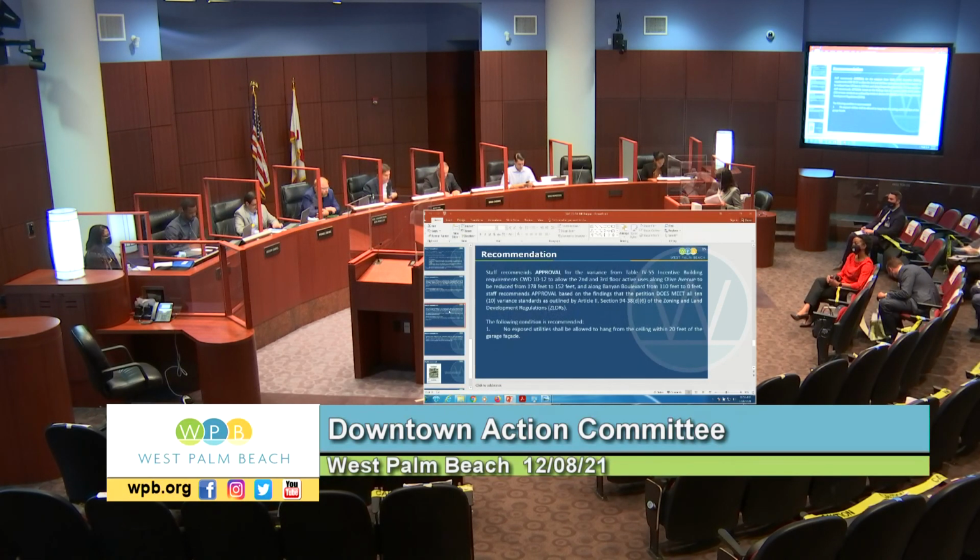2, a variance from table 4-55 incentive building requirements CWD 10-12 to allow the second and third floor active uses along Olive Avenue to be reduced from 178 feet to 152 feet and along Banyan Boulevard from 110 feet to 0 feet. 3, a variance from table 4-7 open space standard to allow overhead cover within a private open space terrace type. This variance approval is made conditional upon the restrictions, stipulations, and/or safeguards listed in the Planning Division staff report dated December 8, 2021, that I move are necessary to ensure compliance with the purpose and intent of the zoning code and consistent with the downtown master plan and the comprehensive plan of the city of West Palm Beach